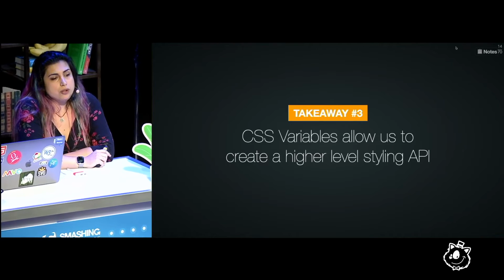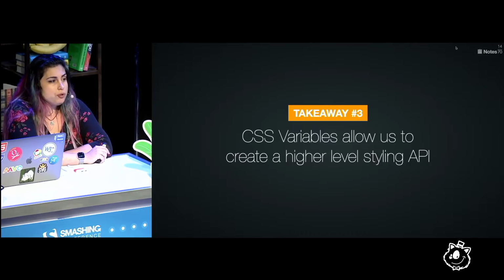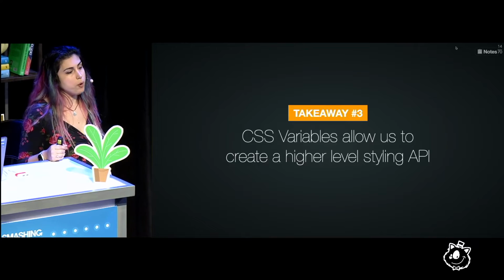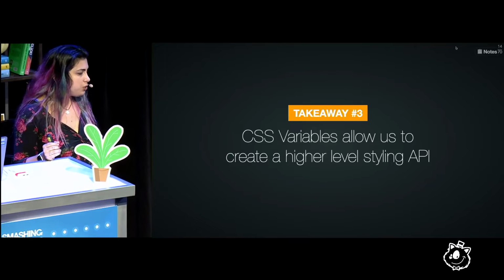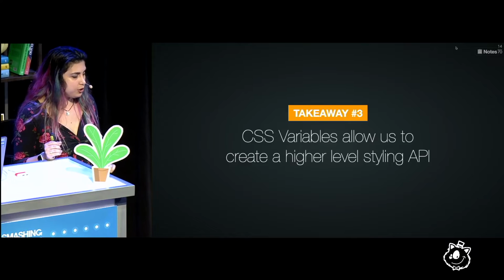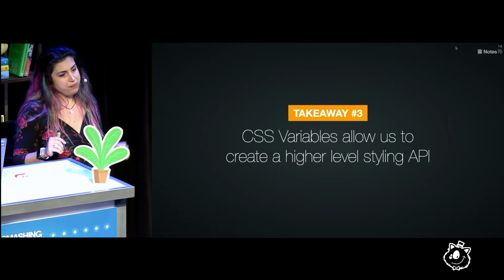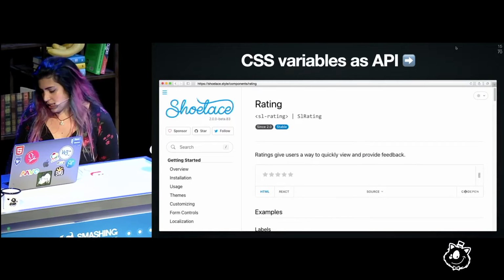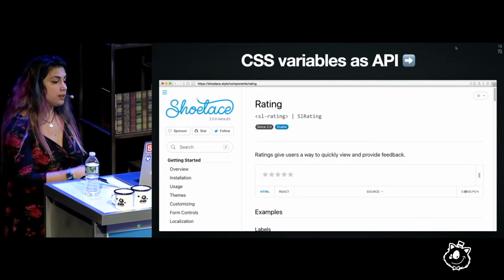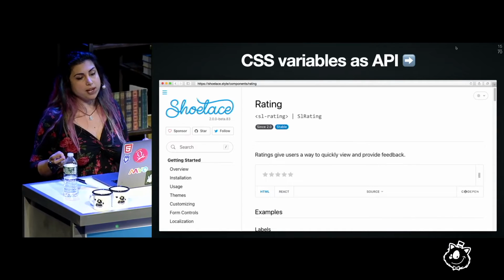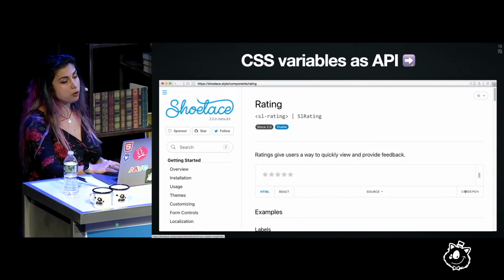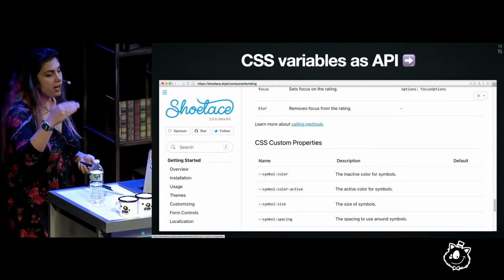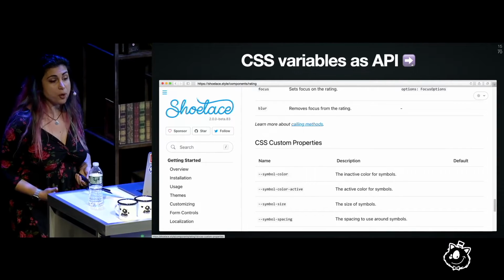Think about how this would look before CSS variables. We would have to notify anybody using this sort of CSS library that we wrote, of which this component is a part of, and tell them, you know what, you need to update your code so that on the hover effect it uses a box shadow of this format. Isn't that awful? And essentially, in this way, CSS variables allow us to create a sort of CSS API. And web component libraries have already been taking advantage of that. Shoelace, which is my favorite web component library, for every component, it already lists a bunch of custom properties that it supports.